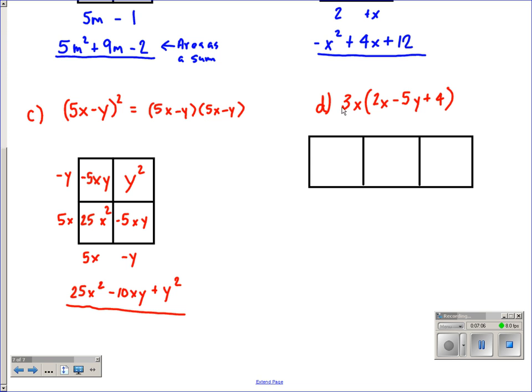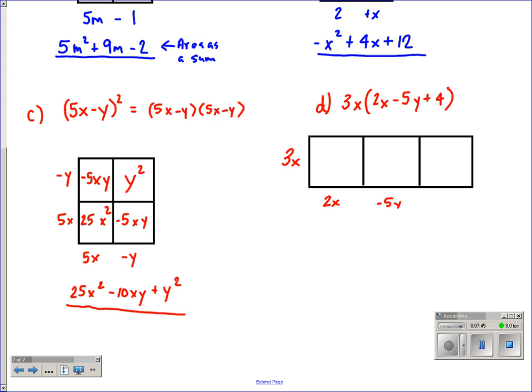The last problem here, this one's a little bit different. We have a monomial, because it's just one term, times a trinomial. So instead of doing binomial times binomial, we're going to do a monomial times a trinomial. So we need a generic rectangle that is 1 by 3. So I'm going to take my 3x, I'm going to put it over here on that single side. And I'm going to put each part of my trinomial here in a different section along this side of my rectangle. So I have 2x